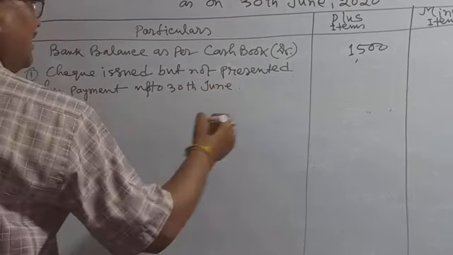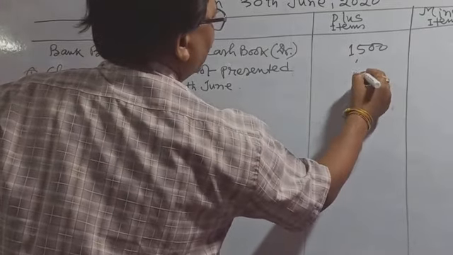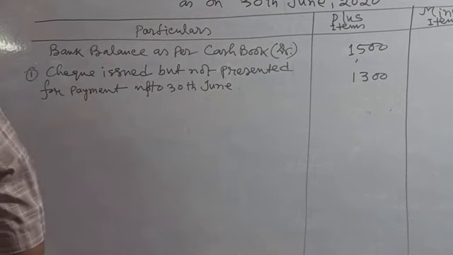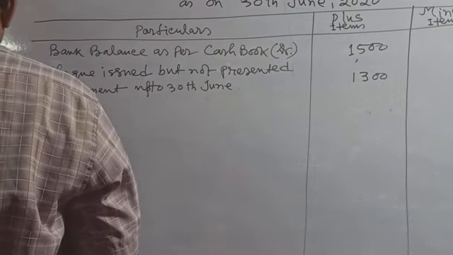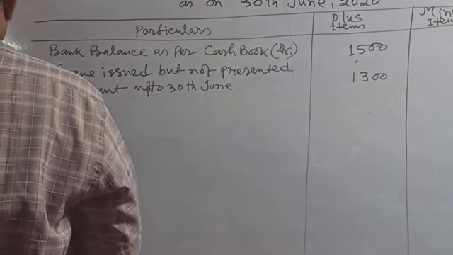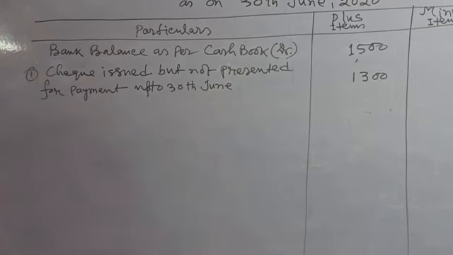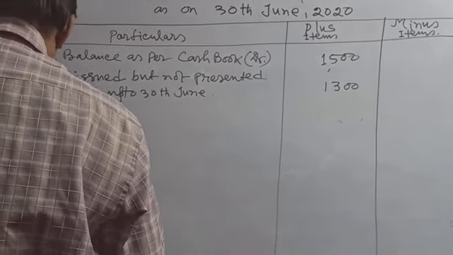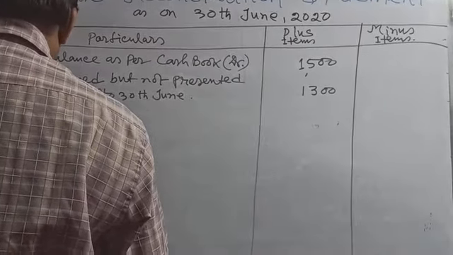What is the amount? This plus 1,300. Okay. Second transaction: check deposited into bank for rupees 10,000, but of this check rupees 4,000 were cleared and